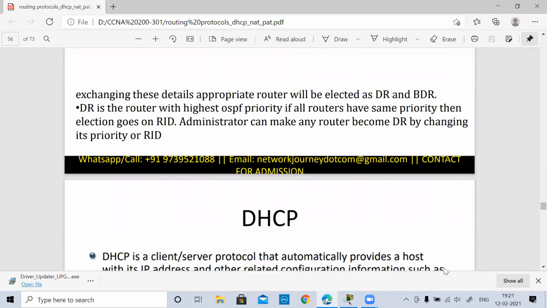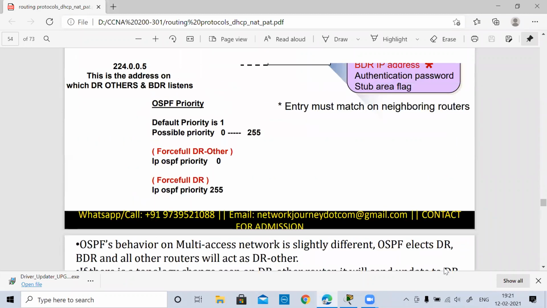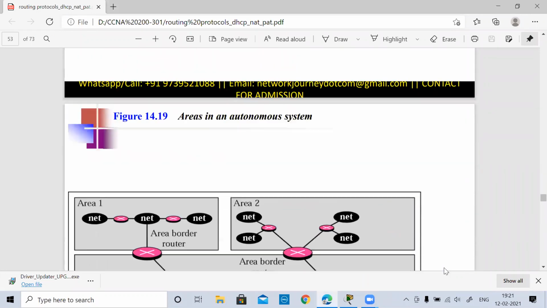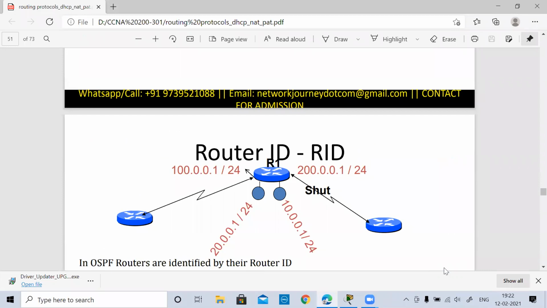The working is clear. This is all about OSPF, guys, which I could explain to you in the last 1 hour. Okay, any doubts before we go to the configuration? Because configuration is very simple, guys, but if you have any doubts, any queries, let me know. This is very short. Maybe I have not said a lot about OSPF.